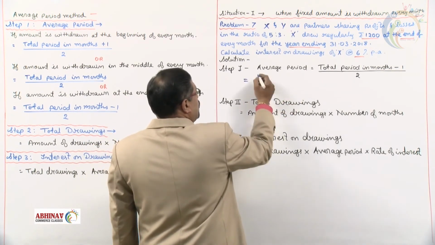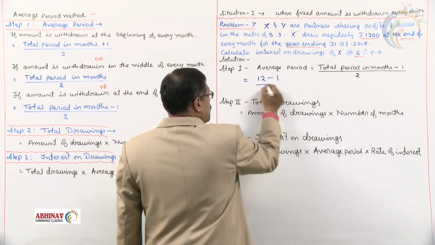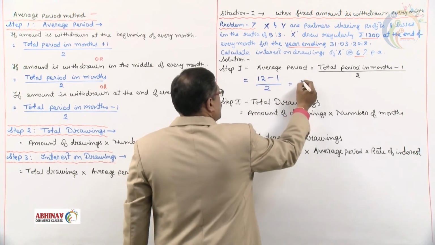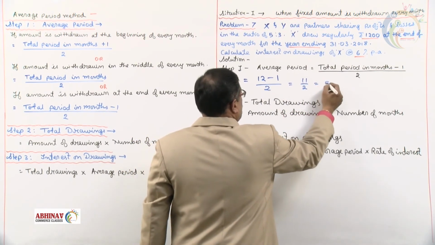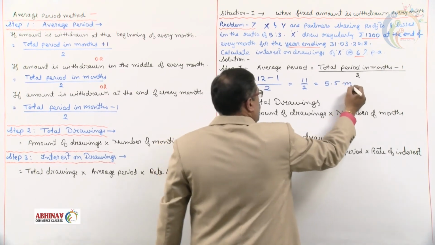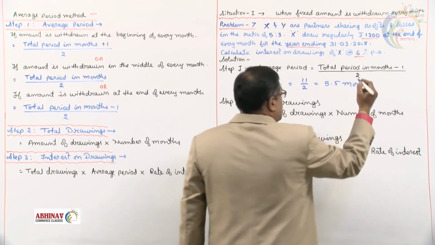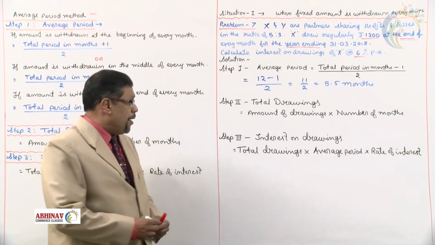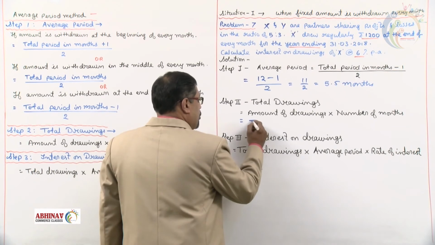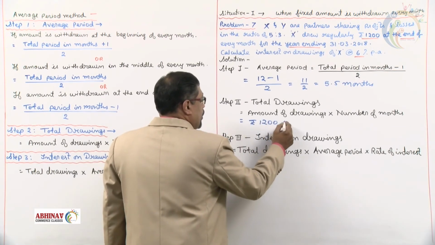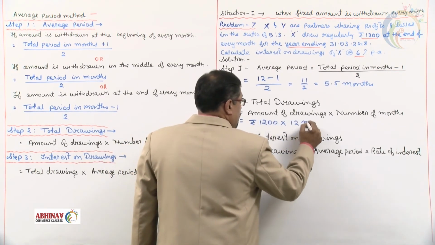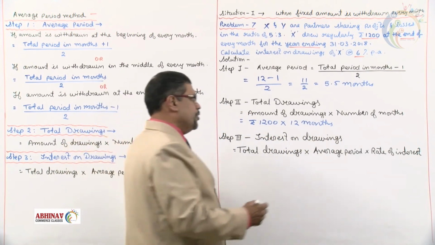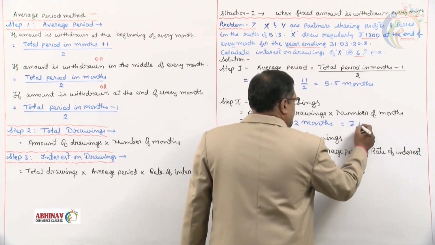Average period: total period is 12 minus 1, since the amount is withdrawn at the end. So that's going to be 11 divided by 2. What we get is 5.5 months. Total drawings. Amount of drawings. How much is the amount withdrawn? 1,200, not for half year, but for full year ending. So 1,200 into 12 months. What we get is